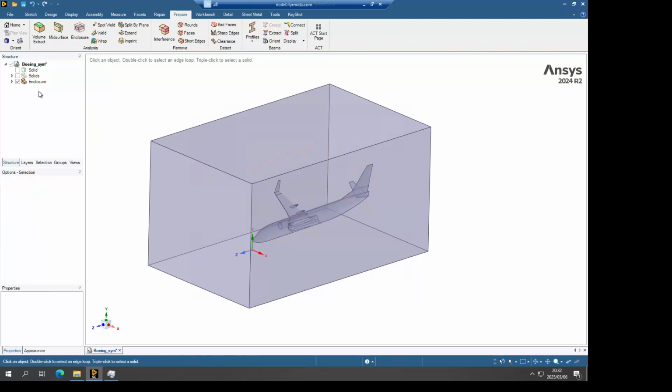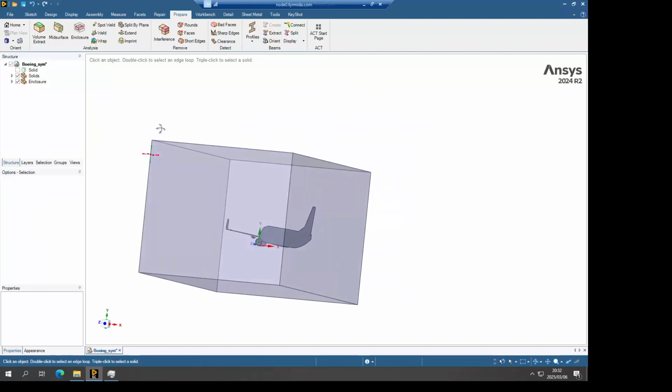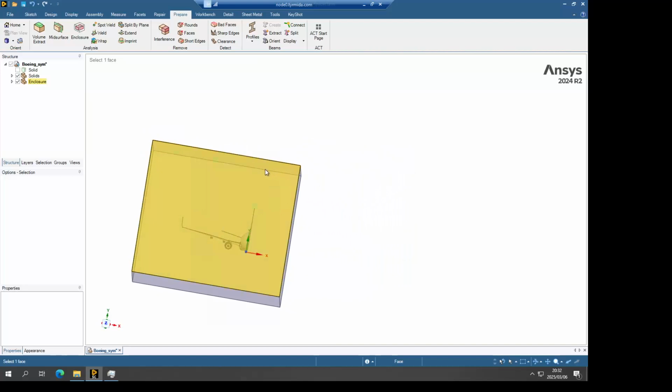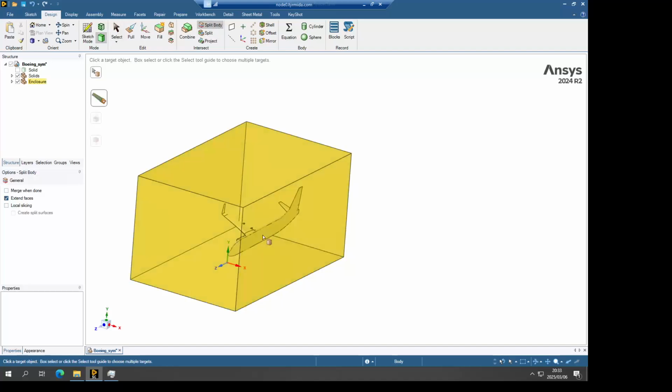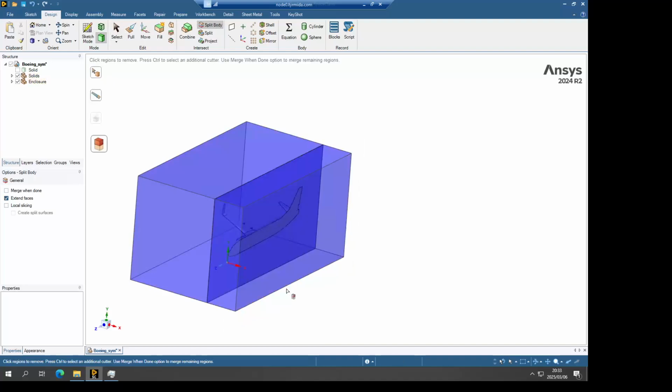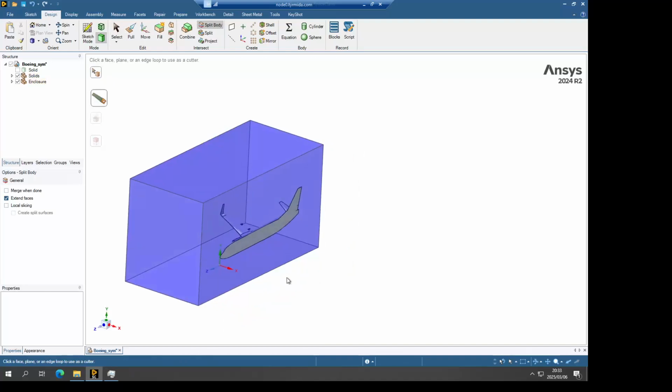The next step is that we need to cut the domain on the symmetry plane, because we don't want anything on the other side of the symmetry. For that we're going to use the split body tool, select the domain, select the symmetry plane, and then delete the additional fluid volume that we don't require.